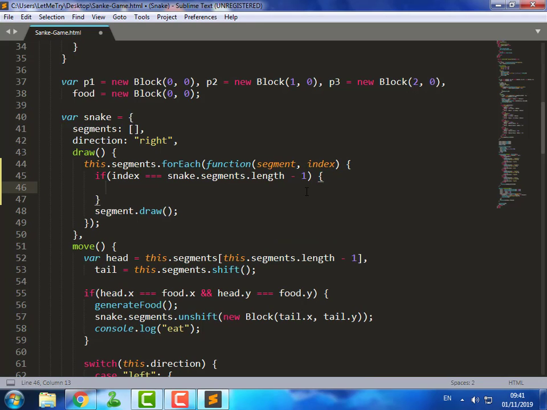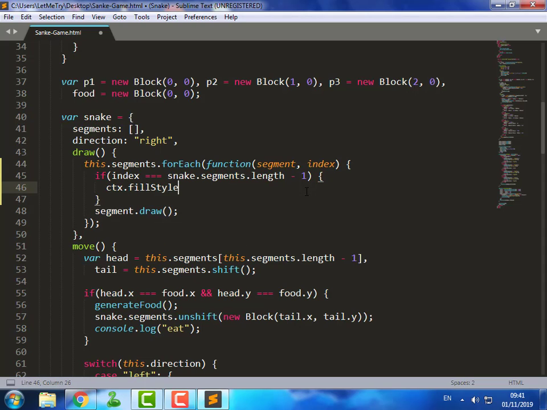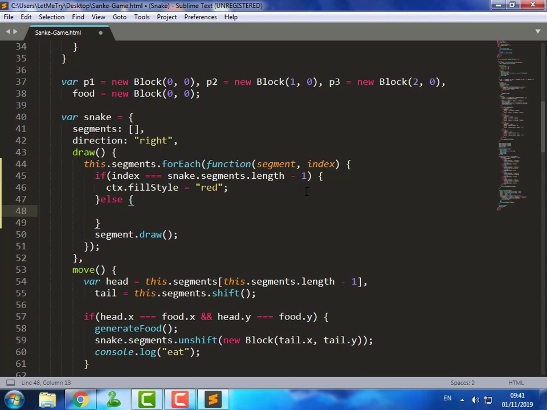Now we need to give the head of the snake a color, let's say red. And for the rest of the segments, a green color.